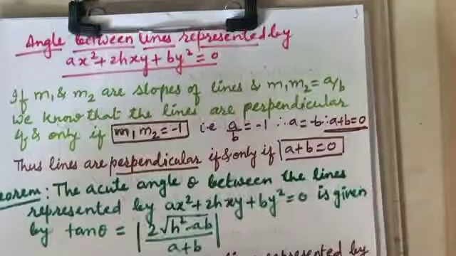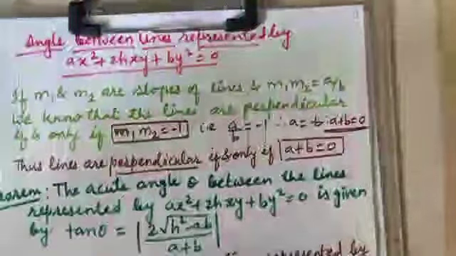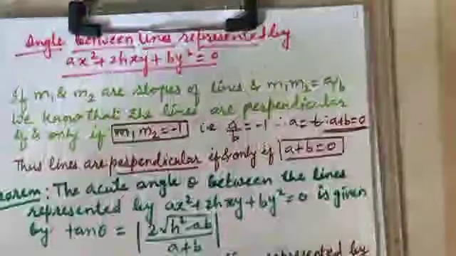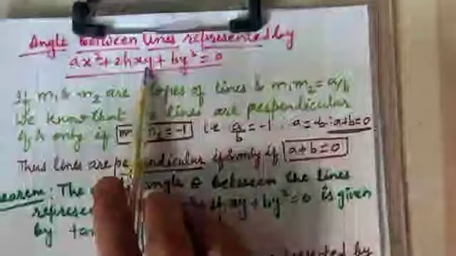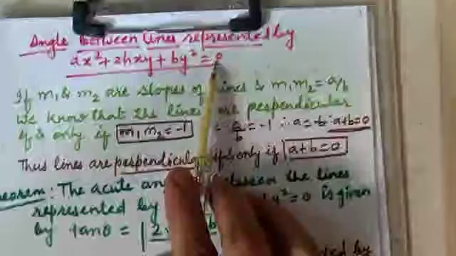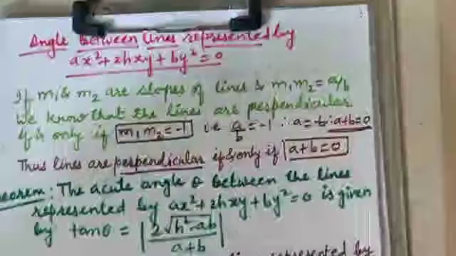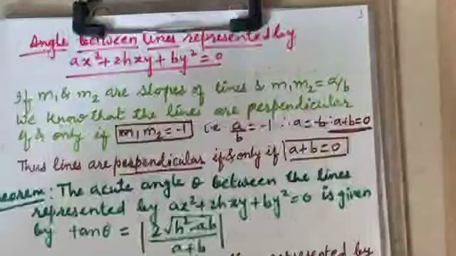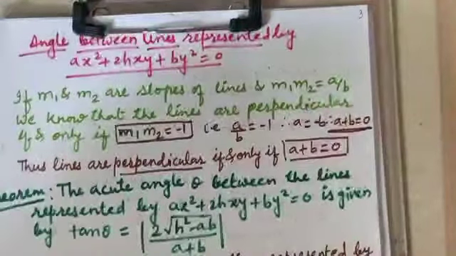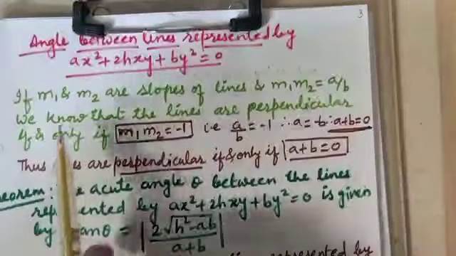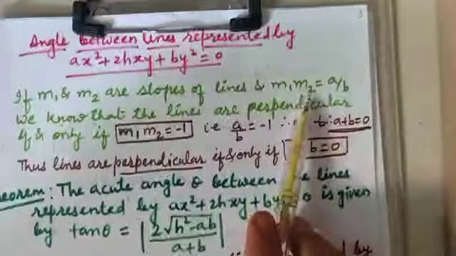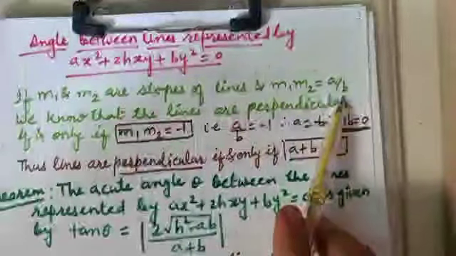Now here we are going to study the angle between the lines represented by the equation ax square plus 2hxy plus by square. If we know the slopes of the lines, then we can find the angle made by the lines with the coordinate axis. For if m1 and m2 are the slopes of the lines, and m1 into m2 is equal to a by b,